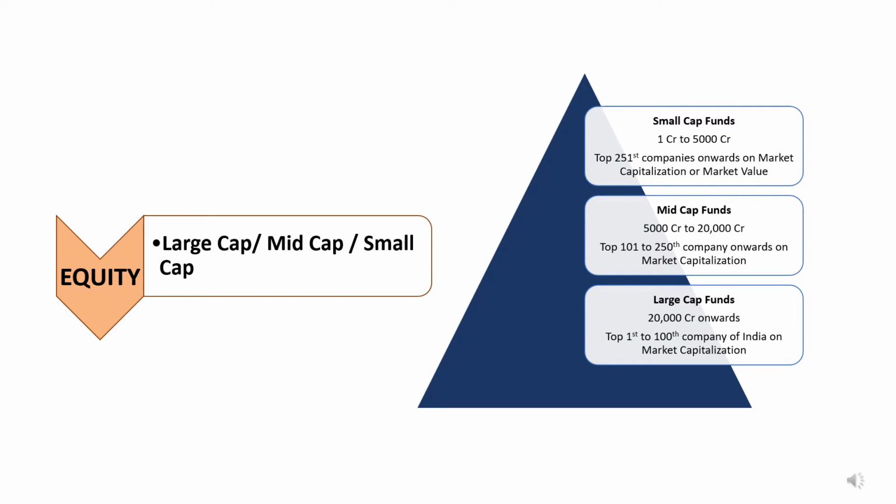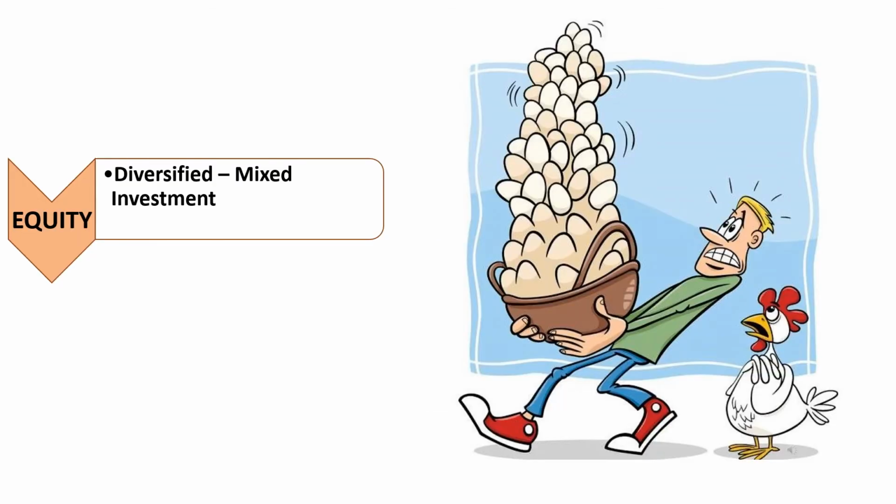Lastly, small cap funds invest in the smallest companies of India. These companies are beyond the top 250 companies and are mostly unheard of in our daily lives. While they can deliver fantastic returns, small cap companies are incredibly volatile and risky, as you can see losses in the short or medium term. Dixon Technologies, Alkyl Amines, Granules India are some well known growing companies in the small cap space.